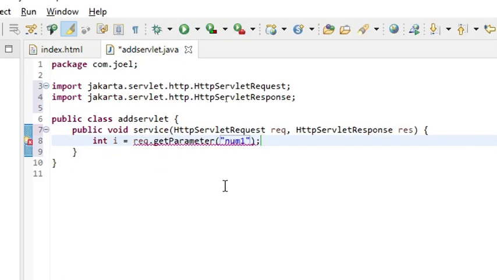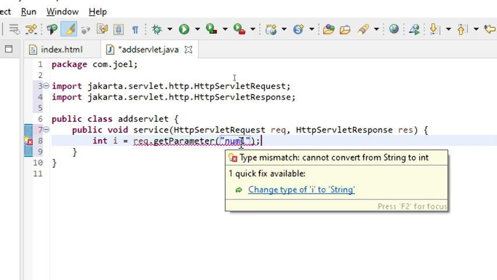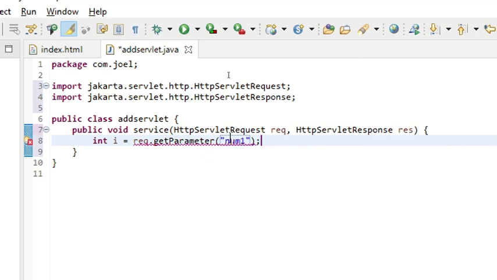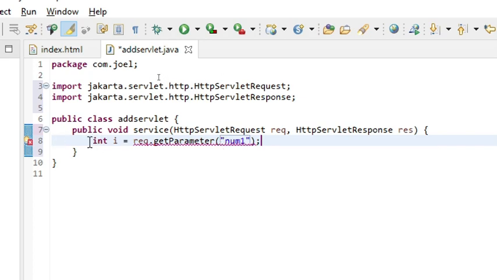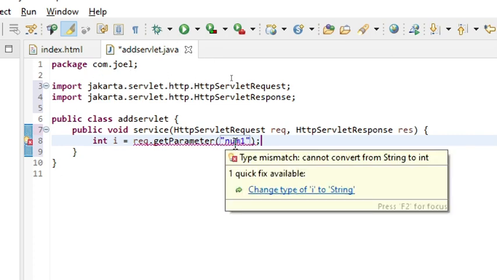Okay, request, and you can see again some kind of error showing over here. So let me keep the cursor over here. It says type mismatch, cannot convert from String to int. Exactly. If you give anything in double quotes, obviously it is a string, but here I am giving the type as integer. So you can't give a string. A string cannot be converted into an integer. So I have to make this an integer first.